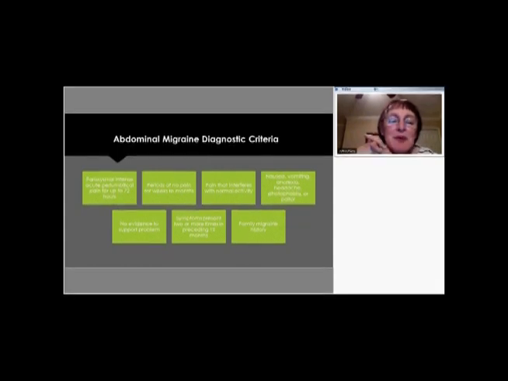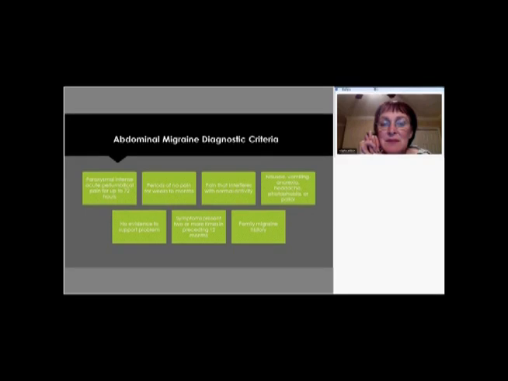Is paroxysmal intense acute peri-umbilical pain for up to 72 hours. And then they have periods when they don't have it. It does interfere with their activities and can be accompanied by things like nausea, vomiting, anorexia, headache, photophobia, or pallor. And there's no evidence to support the problem. So the symptoms present 2 or more times in the last year, and there's a family migraine history that should give you a clue about